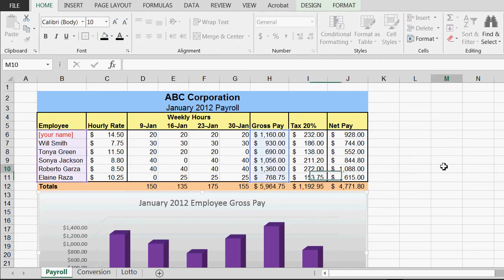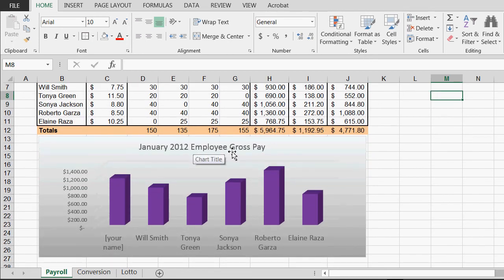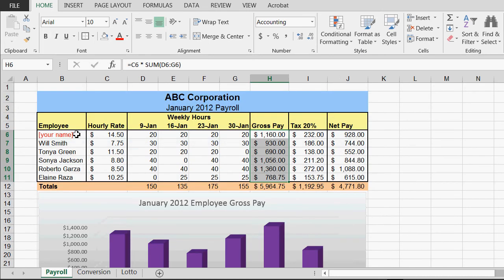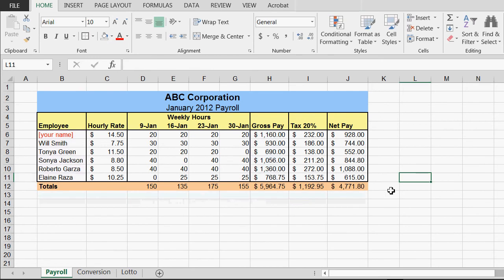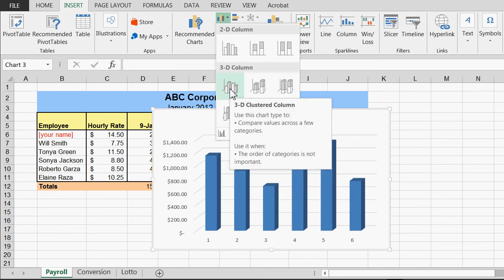Okay, so now the chart, let me just delete this chart to show you how to do this. Well, the chart, we're charting their gross pay, which are these numbers here, but notice the chart also has their names on it, so we need to also select their names over here. What we do is we select the names, and then I'm going to hold my control key and add to the selection the gross pay. And now if I do the insert, then this column chart in 3D chart,